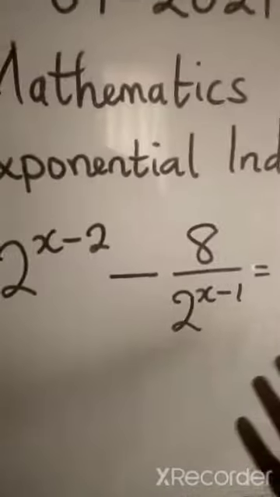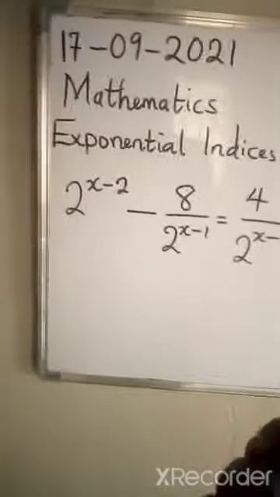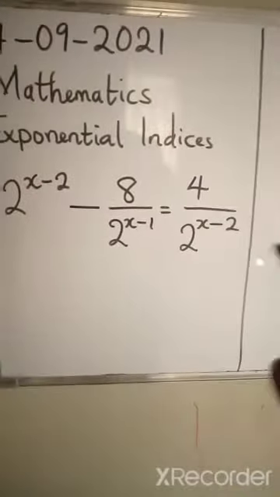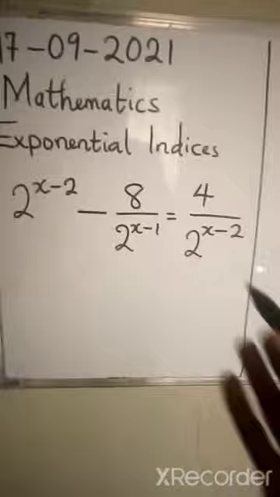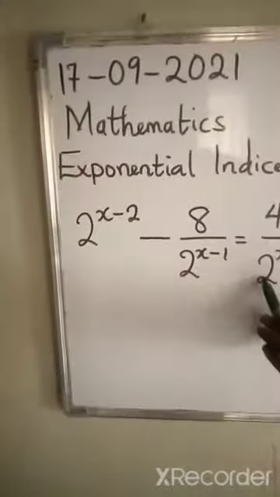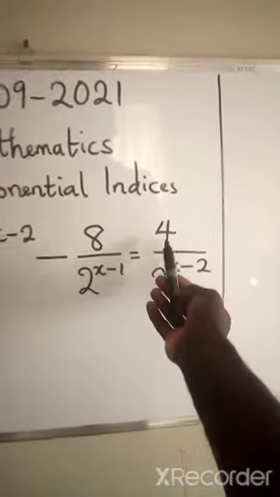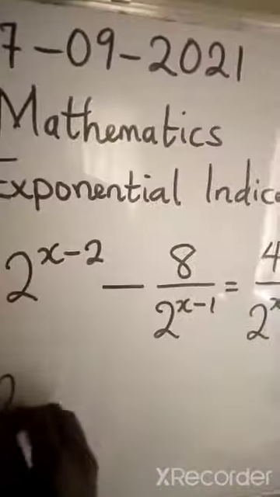If you look at this problem, you see that we have powers of 2. So the first thing you are going to check in any given problem of exponential indices is the number of times you have the common number, like the 2. There is 2 here, there is 2 here, there is 2 here. You see here we have 8, here we have 4. So you make sure that you make everything to be 2. And how do you do that? Now here we are going to have 2